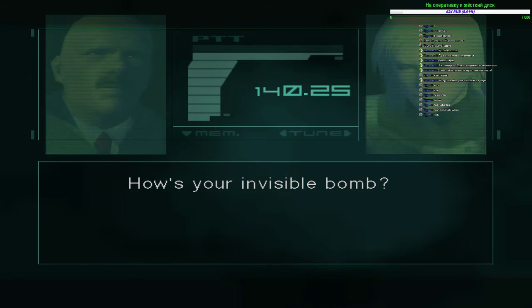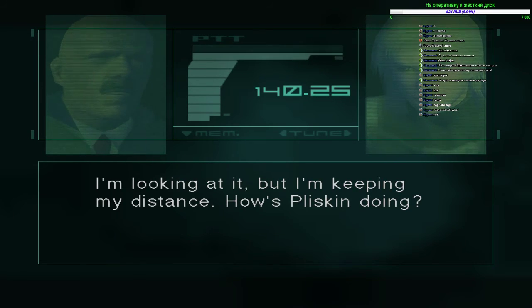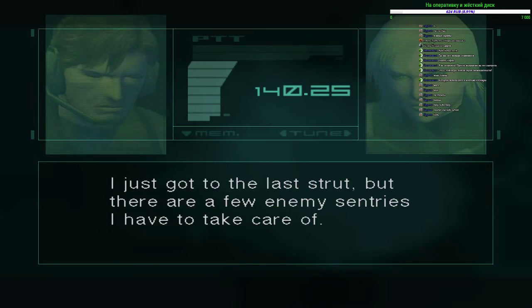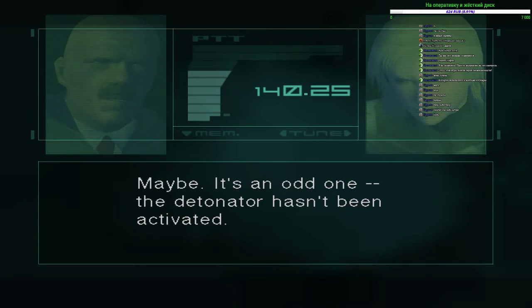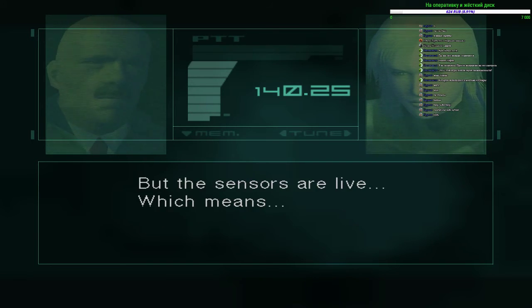How's your invisible bomb? I'm looking at it, but I'm keeping my distance. How's Pliskin doing? A few more minutes. I just got to the last strut, but there are a few enemy sentries I have to take care of. Does it look bad, Peter? Maybe. It's an odd one. The detonator hasn't been activated. What? But the sensors are live, which means...